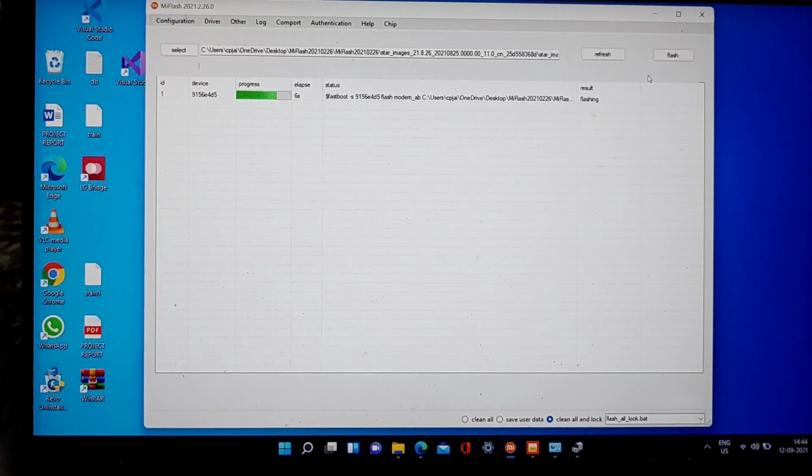Okay guys, so this tool works on AMD now. My system is a Ryzen 7 system. Before, the tool didn't work on AMD and it showed an error, but now it works. So congrats to everyone, our request reached Xiaomi. Let this operation finish and then I will be back.